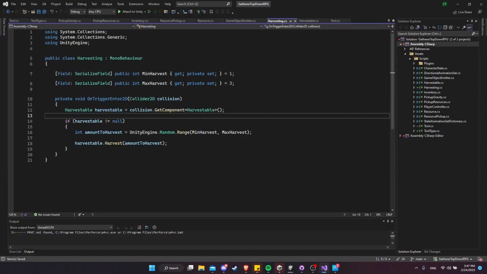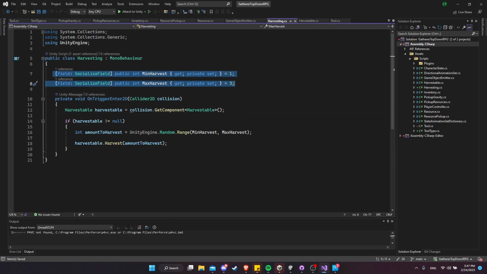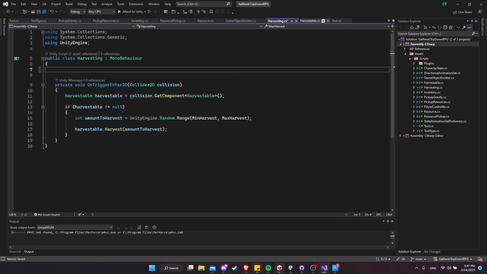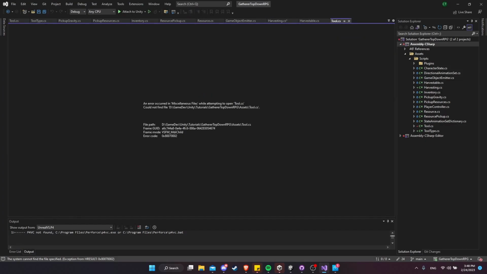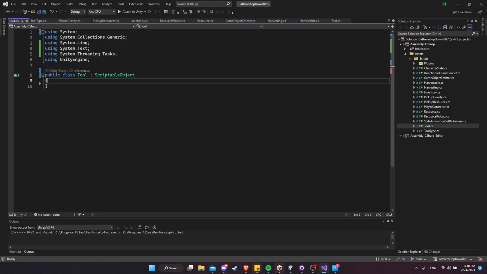So if we take a look back at the harvesting class, you'll see that we had a min harvest and a max harvest set for each different tool. I think that would be useful to have as a customizable field for the tool class rather than putting it on the harvesting as well. So different tools can harvest at different rates per hit. So let's select these, Control X to cut them, and go back into the tool script, the new one, and